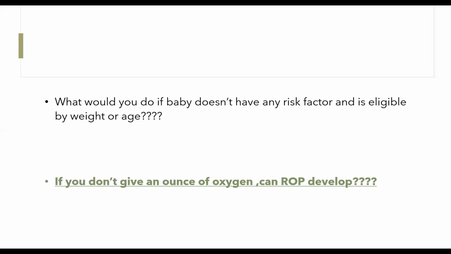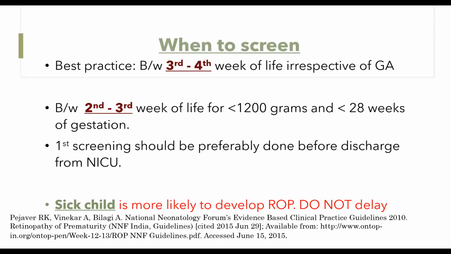I suppose we had a baby recently, Dr. Vardhan might be remembering it, the baby of the Tapi twins. When I told them that this baby needs treatment, he had a question: ma'am, this baby was not given anything, its course was so stable, how did it get treatable ROP? So we need to remember ROP can develop despite a good course. Therefore we are screening them. If the baby is eligible by weight or by age, we need to screen those babies.